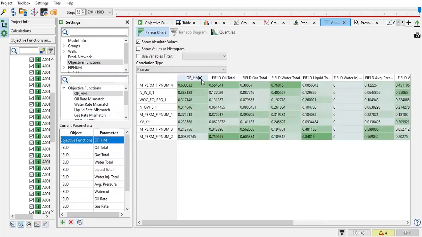Okay, so let's focus on this. That's for the value. If the value is close to -1, then it has a strong impact on that objective, but in a negative way. And for the Pearson correlation, if it is close to 1, in addition to the strength